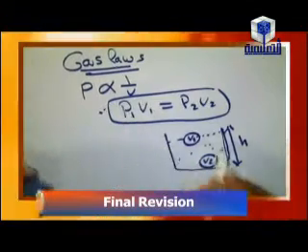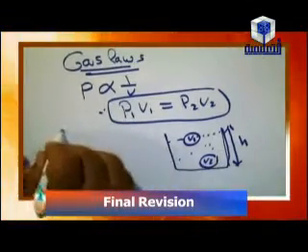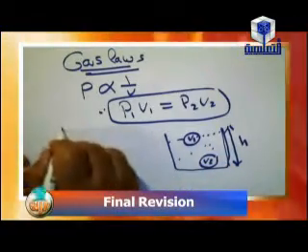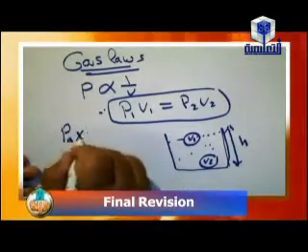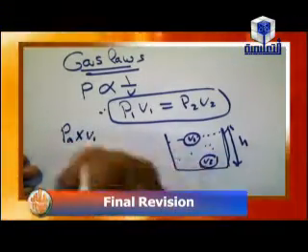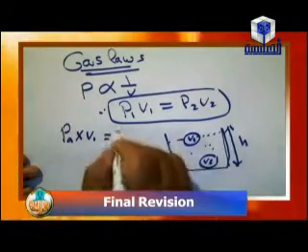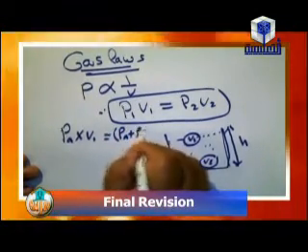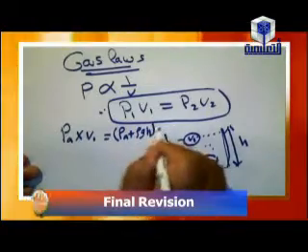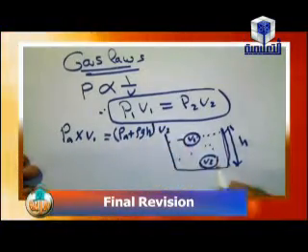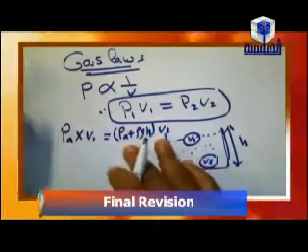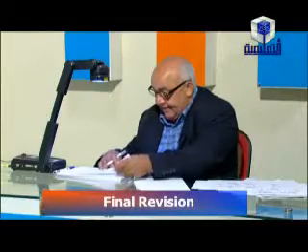By applying this rule, P1 V1 is equal to P2 V2. P1 is equal to PA times V1, this is at the top, equal to PA plus rho g H times V2. We can find the volume at the bottom or the volume at the top of this surface by using gas law. We can also use